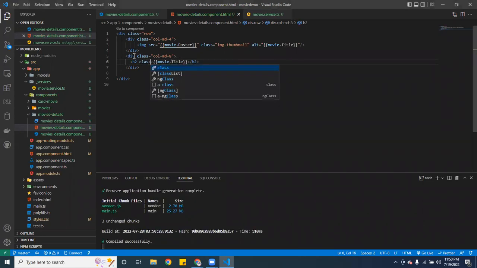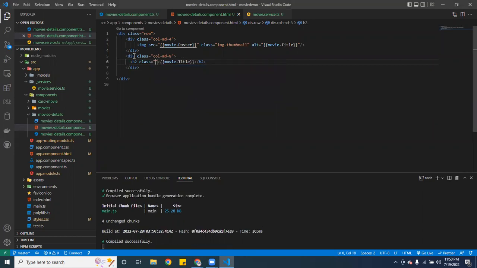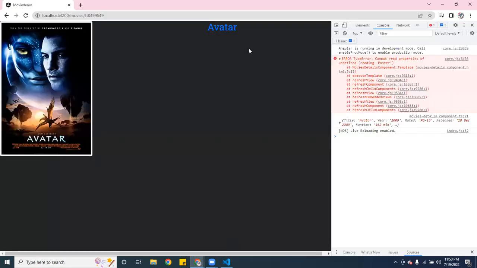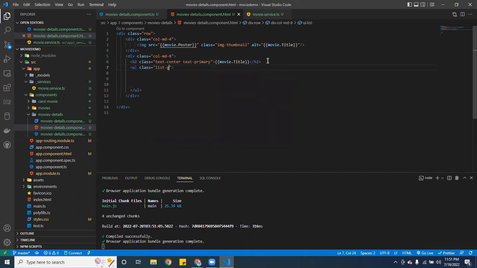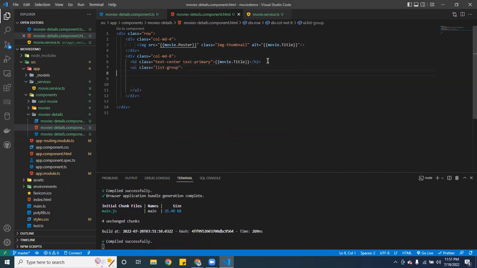Let's give it a class of text-center. And also let's give it a text-primary. Okay, that's going to be the name. Perfect. So inside here, I am going to pass a UL. And this one is going to be a class of list-group. Okay, and then of course we want to pass an li, and inside this li we